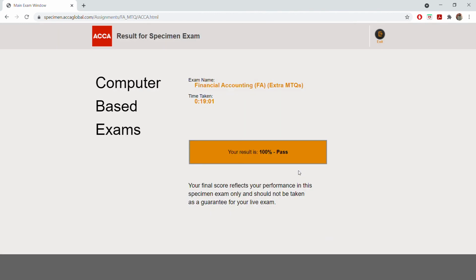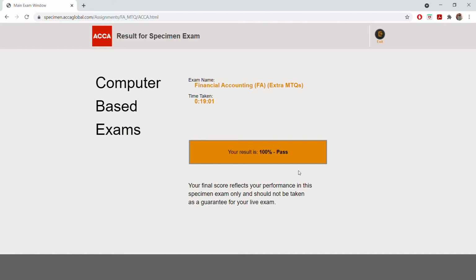So with this we have finished all the first 3 papers, F1, F2 and F3. How the exam looks like: it's all multiple choice questions. So it is something which should be the first step, I would say, first stage where ACCA students who are planning to do ACCA after finishing their 12th grade or A levels can start. There is no such thing as which paper to do first. You can do the papers in any order,